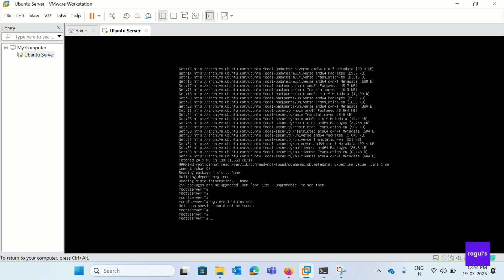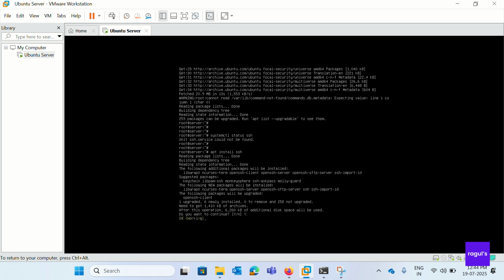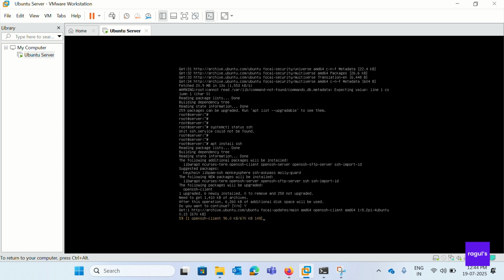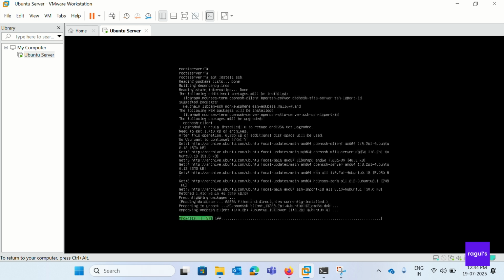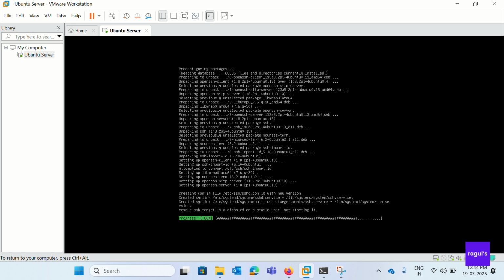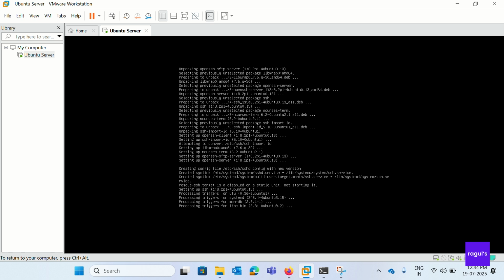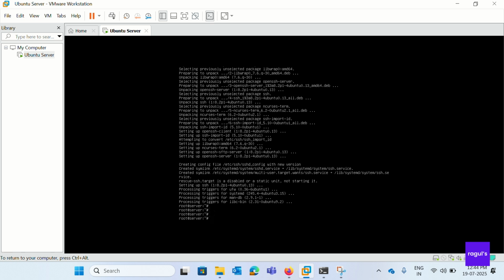For that, I am giving the apt install command, apt install ssh, to install the packages related to SSH. I'm accepting the prompt and giving the yes option. Okay, now the installation is completed. Now let us verify whether the SSH package is present or not. To verify the package, the command is